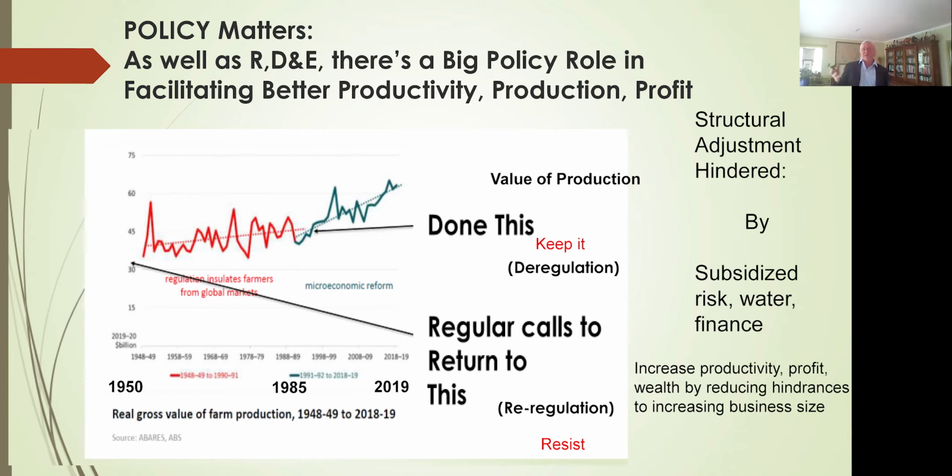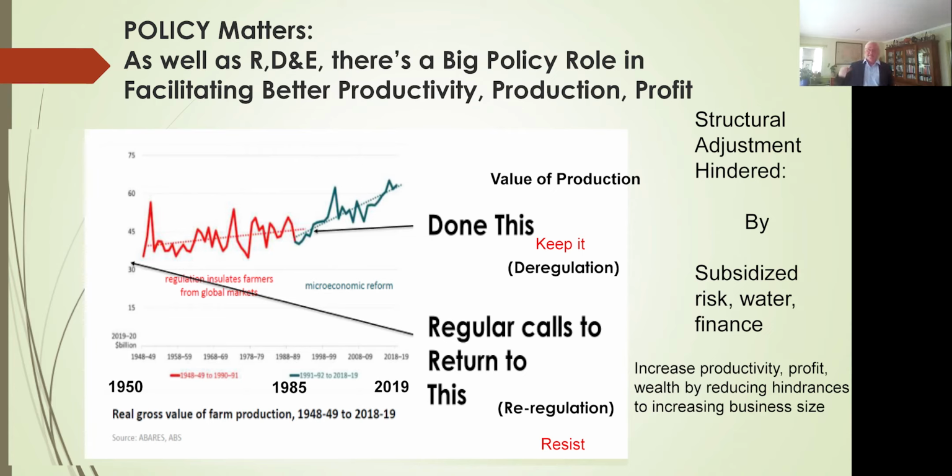When I say we, ag economists have been making the arguments to get rid of dairy regulation, which basically taxed consumers and ran a two-price scheme, kept a high price for milk domestically and shoveled milk off overseas at a lower price and taxed consumers without them knowing it. We had quotas on eggs, all sorts of rackets to restrict the supply, force the price up to consumers to give farmers a higher income. The result of all that sort of mess is distortion of resource use, inefficient industries, disadvantaging the more efficient industries. We've got rid of a lot of that,